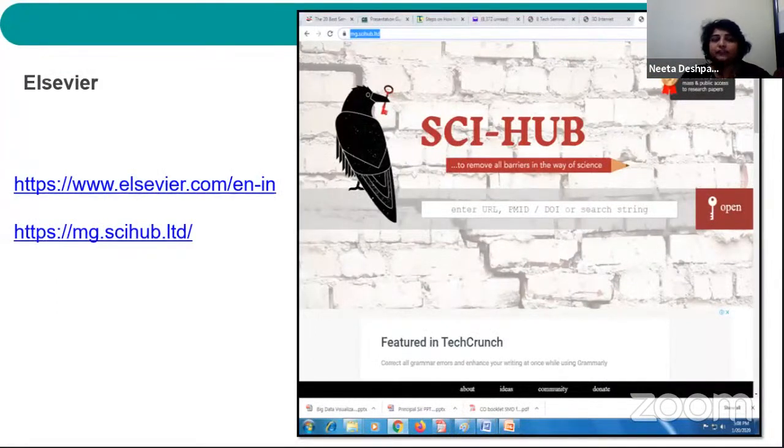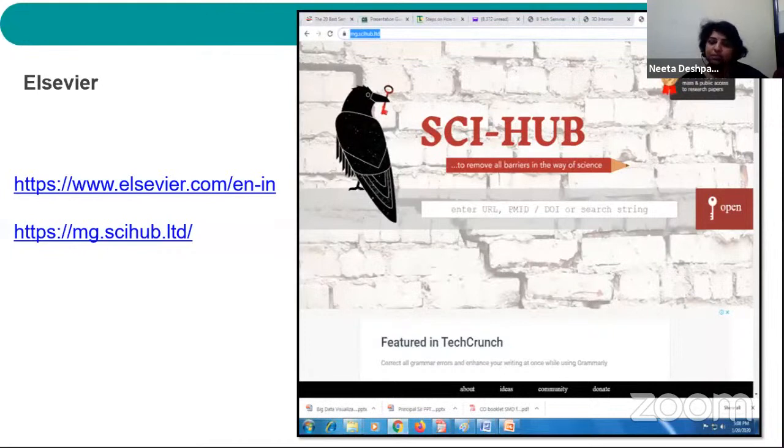Similar is the case with Elsevier. Now, if I put my observation into words, I will say that instead of IEEE and instead of Springer, an Elsevier paper is a bit easy to understand. That is, of course, my own opinion. Opinions may change. So in Elsevier, I feel the papers are a bit easier and given in depth to understand. And normally a good Elsevier paper will be around 20 pages big, so all the details are given in it. So better you search for an Elsevier paper and then you can go ahead reading with that paper.